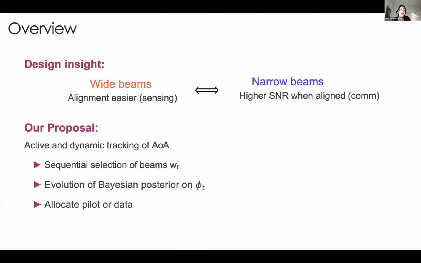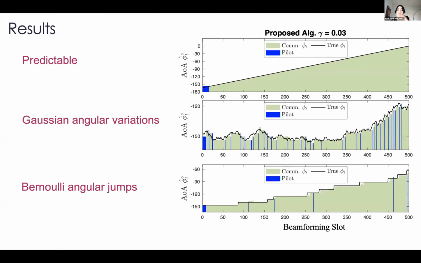By the way, I want to say in all of this, I'm ignoring the effects of the unknown channel. This is sort of a code design, but here for simplicity, I'm just focusing on the case that the channel gains are all equal in all directions. So let's say line of sight communication.